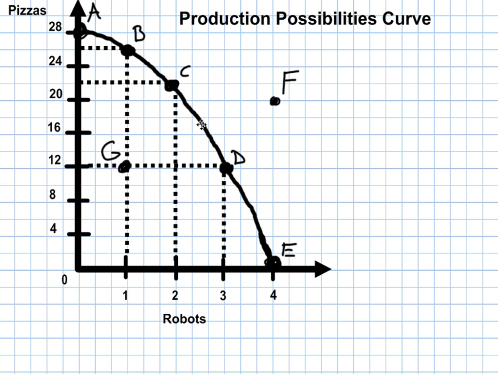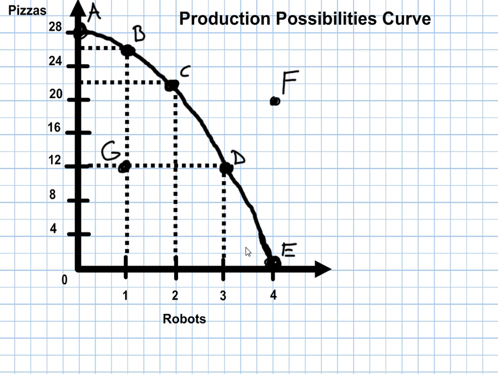Economic growth is usually shown by shifting this whole frontier out further away from the origin, out to the right, because now we've got an expanded range of quantities that we can produce. So once again, the first idea is that scarcity is represented because the graph separates those quantities of robots and pizza which are not possible for us to produce from those which are possible. Now, when it comes to